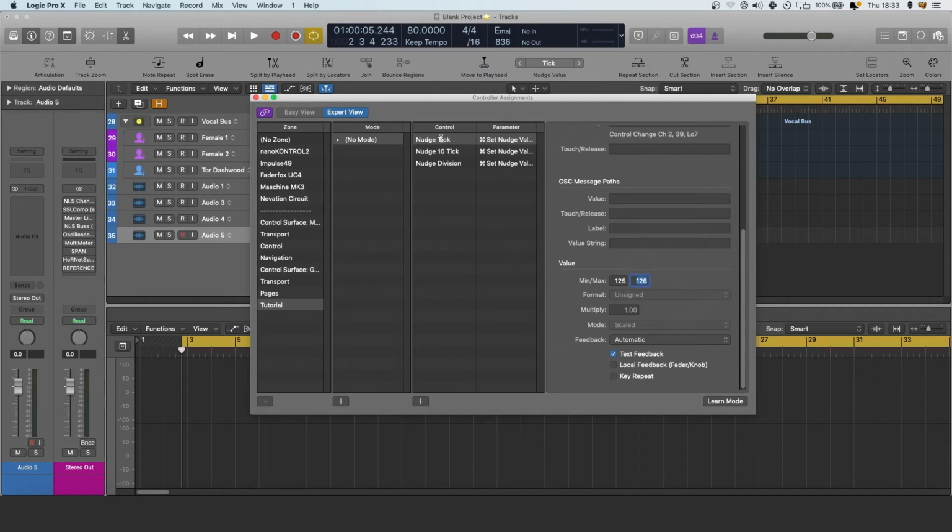So the first one, I'm going to go from 0 to 42. Okay, and then we're going to go 43 to 85. And then on this last one here, we're going to go 86 to 127. Okay, awesome. So now, if you move your fader, you should see here